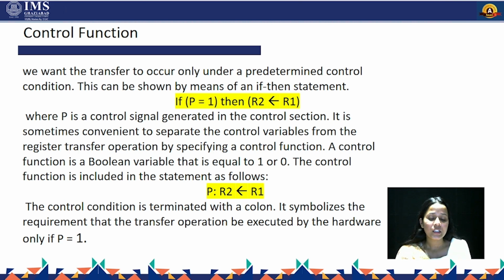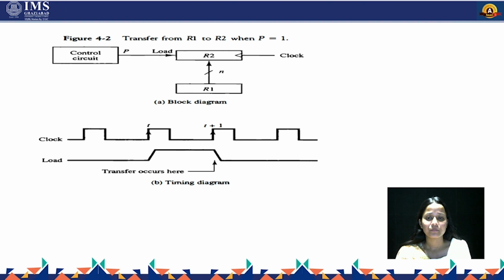Now we will see this with the help of a diagram. Now here is the diagram. The diagram A, the block diagram, represents the transfer of R1 to R2: the content or the data of R1 will be transferred to R2 only when P is equal to 1. So what is P here? P is here the control function. P is totally controlling the situation: if right now P is 1, only then you can transfer the data